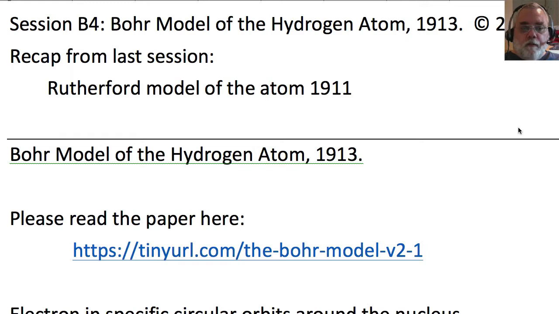This is session B4, Bohr Model of the Hydrogen Atom, 1913. Last session we did the Rutherford model of the atom. He produced his model in 1911,